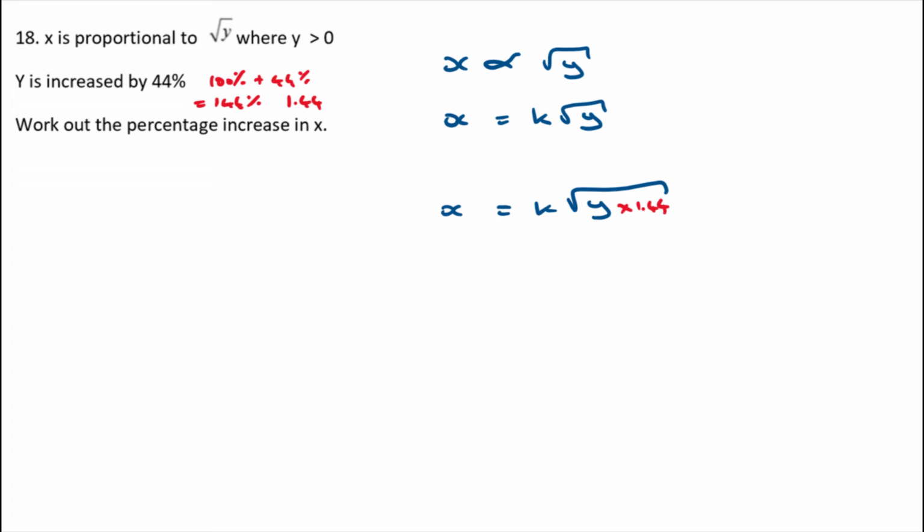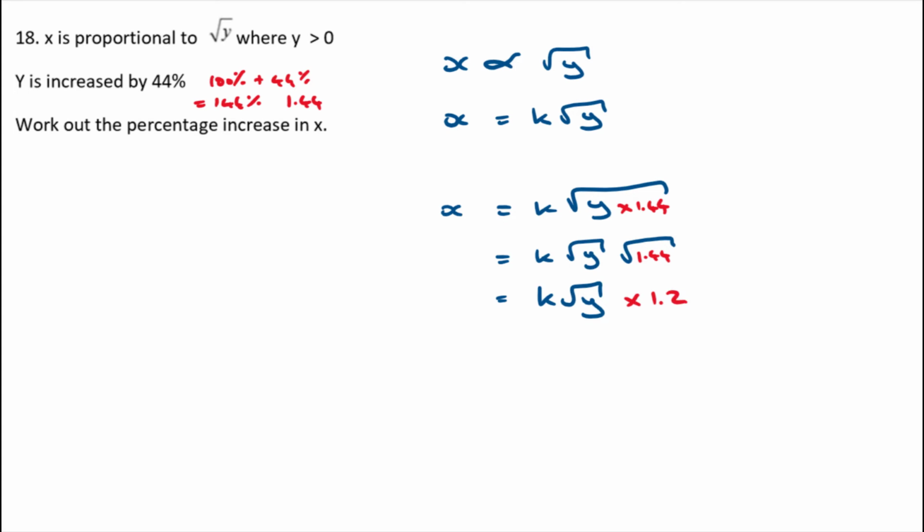That would be the same as k lots of root y times root 1.44. The root of 1.44 is like the root of 144, which is 12, so the root of 1.44 is going to be 1.2. So that's going to be k root y times by